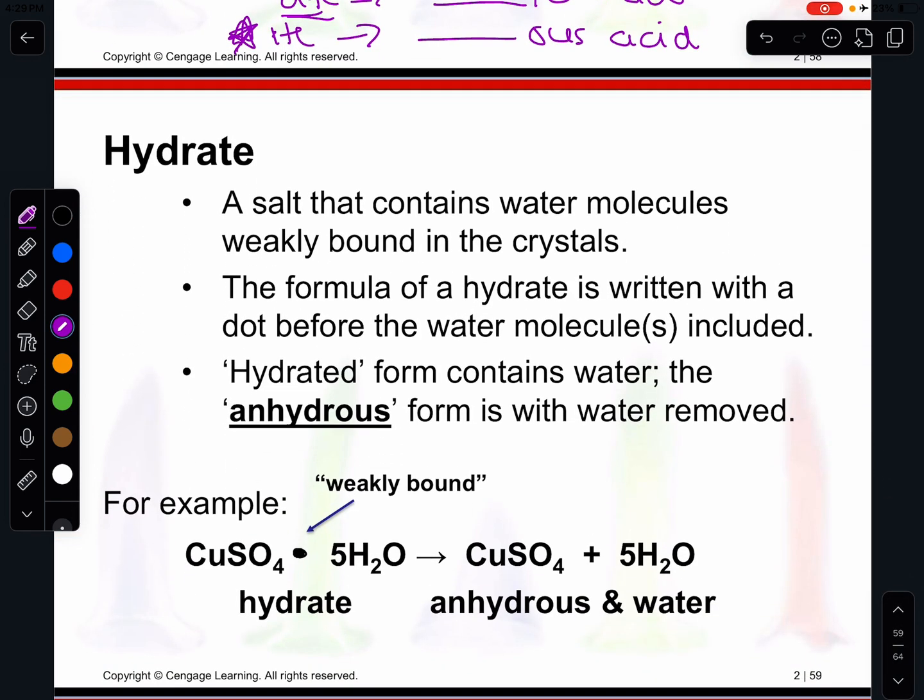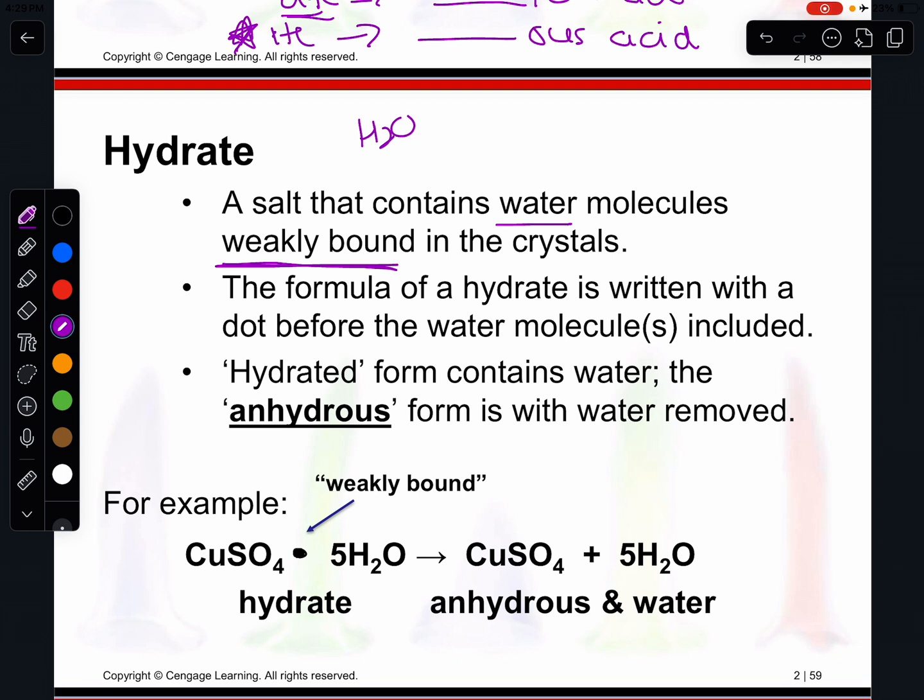All right. So we're going to go ahead and look at how to name hydrates. Now, anytime you hear the word hydrate, if you're hydrating yourself, you know that it has something to do with water, right? And that is what a hydrate is. So a hydrate is actually like an actual salt crystal. It's a dry crystal that has water molecules already baked in there. And we call that weakly bound in there. So although it looks like a dry salt, basically like a sea salt, it actually has water molecules in there,